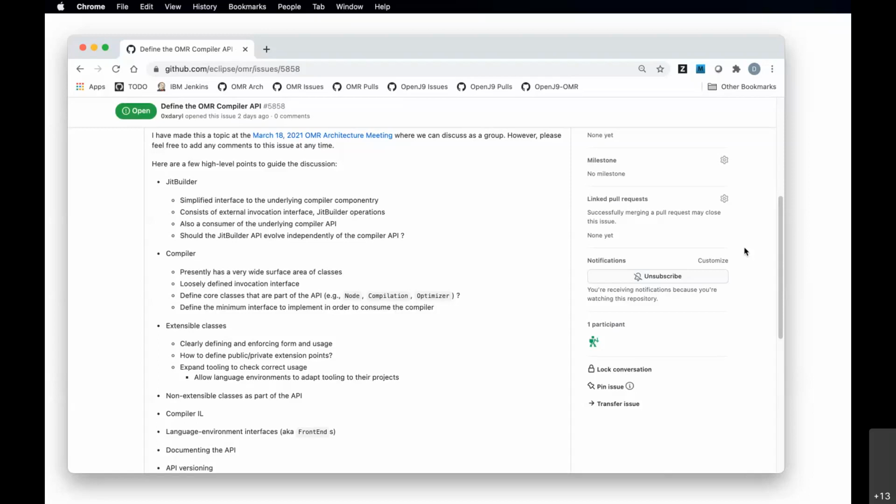I hesitate to call that an API, even though it is kind of at some level the API of the compiler. But we have to understand how we would get to a new API without damaging the existing dependency that OpenJ9 has on the existing public interfaces, which is going to be a challenge.